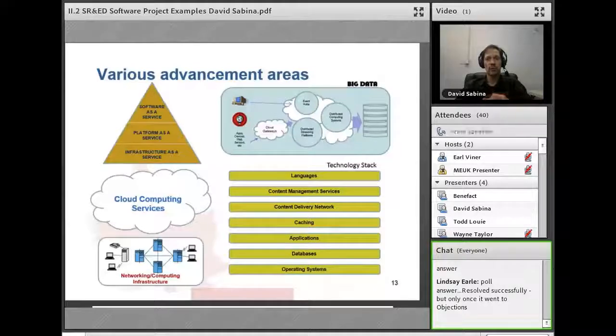Okay? Now, the software technology stack provides indicators of various things or components that each create the basis of system uncertainty. So which language do you use? How do you design your content management services? What about your content delivery network? Methods for caching, applications, how to work with databases, the issues that we referred to on the previous page with operating systems. So decisions that we make in one area may have upstream or downstream effects that are not clearly modeled